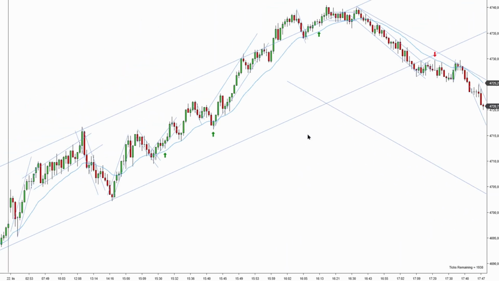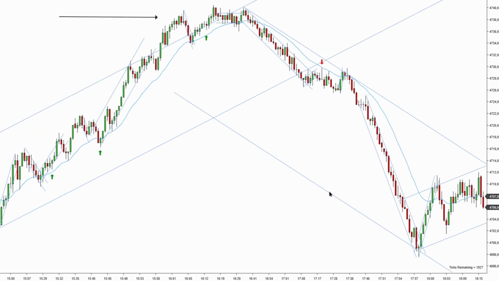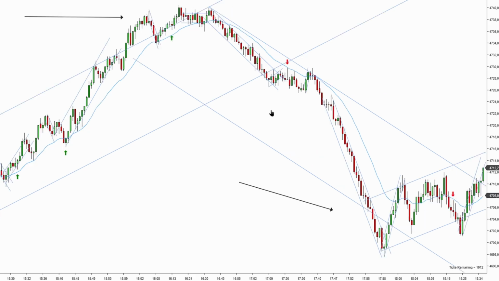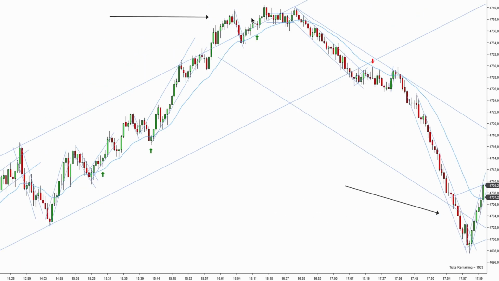Now let's talk about the overshoot. Overshoot is a break of a trend line, but with the direction of a trend. This is an uptrend, and we broke with the direction of a trend to the upside. This is the downtrend, we broke with the direction of a trend to the downside. All right. Overshoot is unnatural activity in the market, and it leads to break of a trend line or possibly